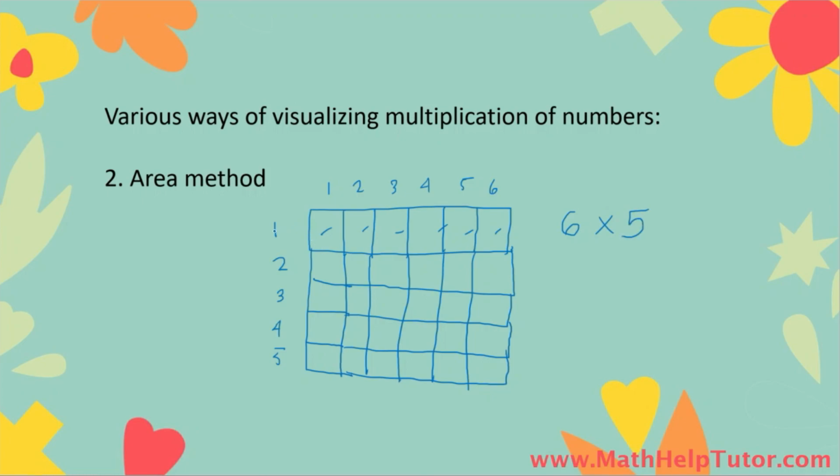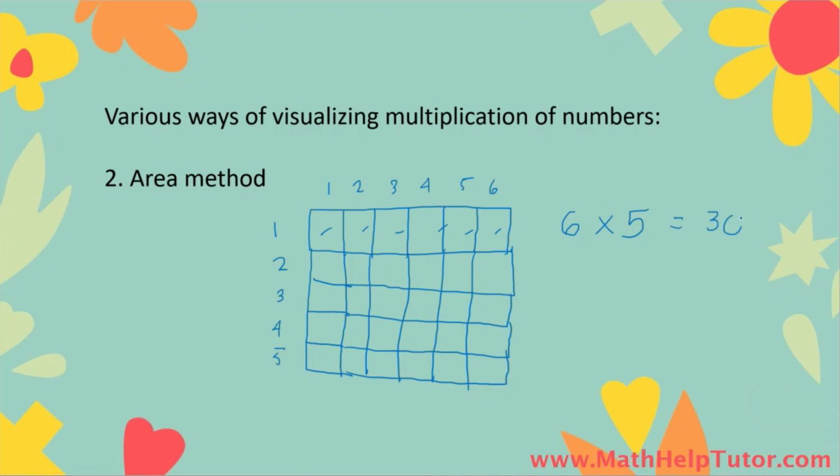So this is the one time, this is the second time, this is the third time, this is the fourth time, and then this is the fifth time. And if we count all the blocks in this new rectangle that we've formed, that is 6 blocks long and 5 blocks high, we're going to see that the number of blocks inside this rectangle is equal to 30, or there are 30 blocks inside of this rectangle, which also tells us that 6 blocks multiplied 5 times is equal